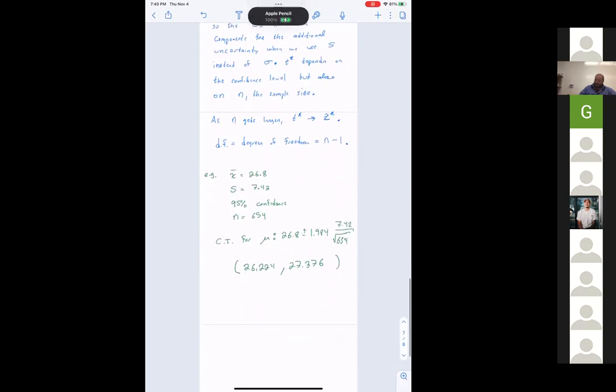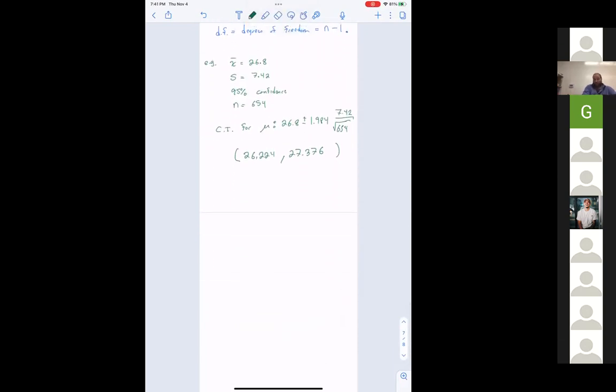Now, let's do it on my calculator, or let's all do it on our calculators. So this is a new one. Which stat test are we going to use here? Would it be the t-test? Oh, it's not a test. This is an interval, a t-interval.